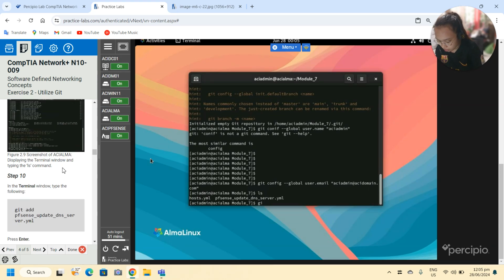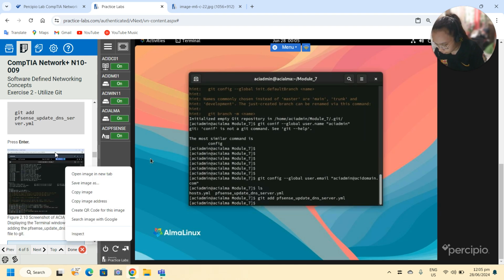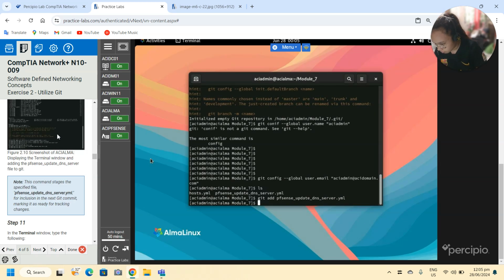Type git add pfSense update DNS server.yml. Press enter.